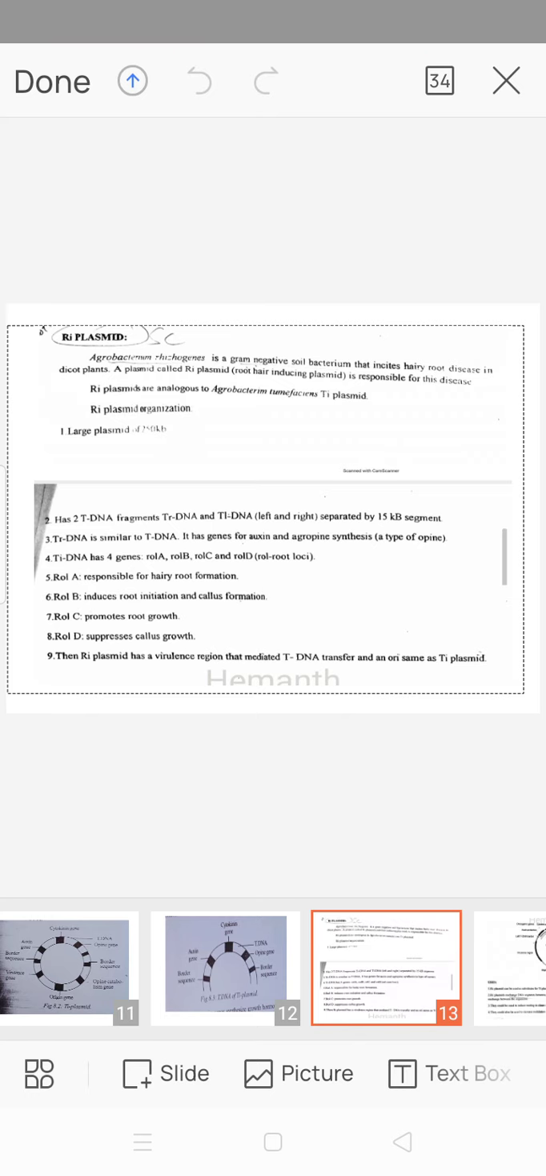synthesis. Agropine is a type of opine and T-DNA has 4 genes, rol A, rol B, rol C and rol D. And rol A is responsible for hairy root formation, and rol B induces root initiation and callus formation, and rol C promotes root growth, and rol D suppresses callus growth. The Ri plasmid has a virulence region that mediates T-DNA transfer and an ori same as the Ti